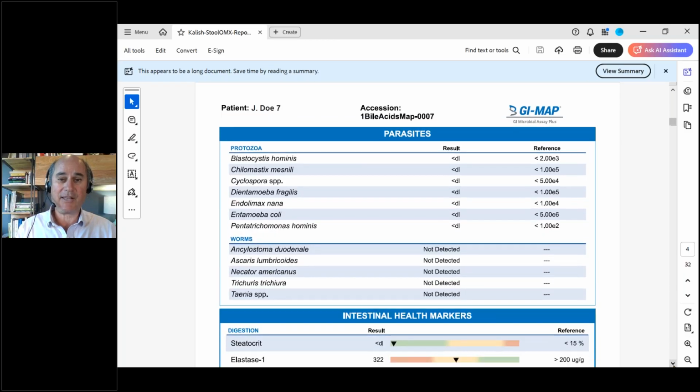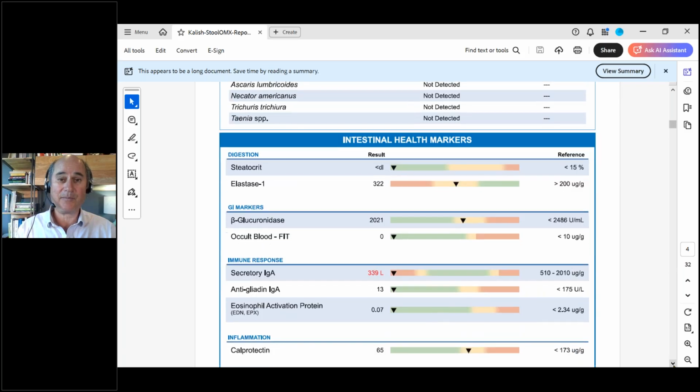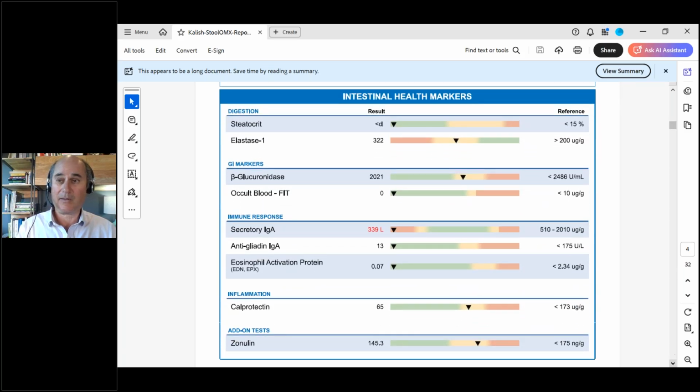And then for the second stage where you're looking for organ problems, let me just list these out so you can see how easy this can be. So steatocrit is an indicator for gallbladder, elastase for pancreatic enzymes. We already talked about beta-glucuronidase. So that's a dysbiosis indicator. It indicates that there's some bad acting bacteria that are overgrowing, which can, in some cases, trigger estrogen dominance and estrogen reabsorption, believe it or not. It's kind of a liver estrogen related problem.